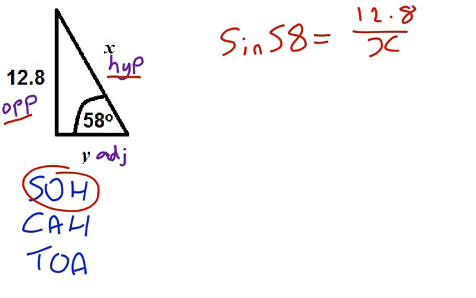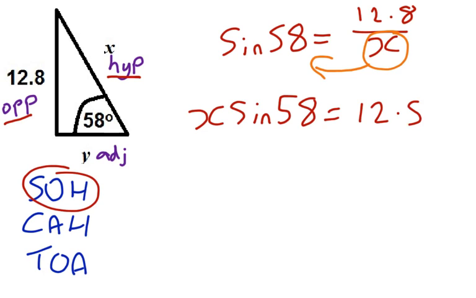Now in the previous lesson, the letter we were trying to find, x, was on top of that fraction, and it was very easy to solve. This one takes 2 steps rather than 1. First off, we need to get the x off the bottom of the fraction by multiplying by x on both sides, and that gives us x times sine 58